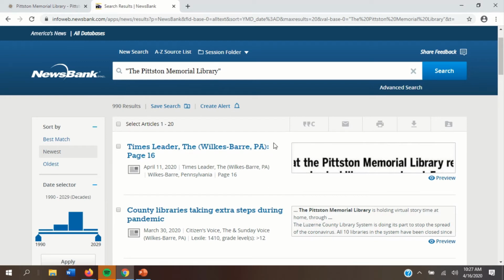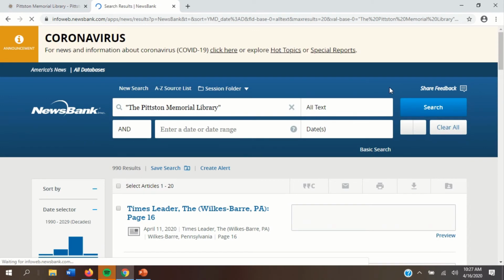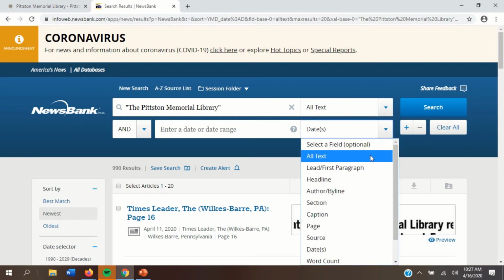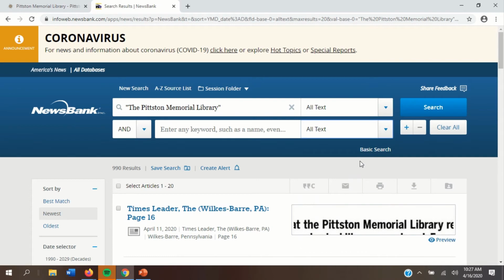So if you want to then make it a little bit more specific, you can hit advanced search. And if you're looking for a particular date or a certain kind of subject, you can go in here and let's just hit all text and say I want to know about the Pittston Memorial Library mini golf.